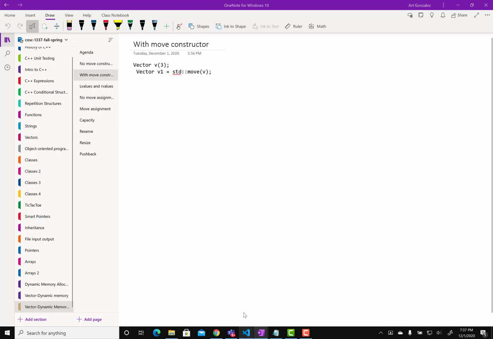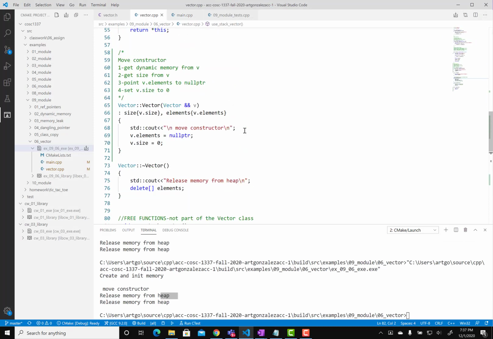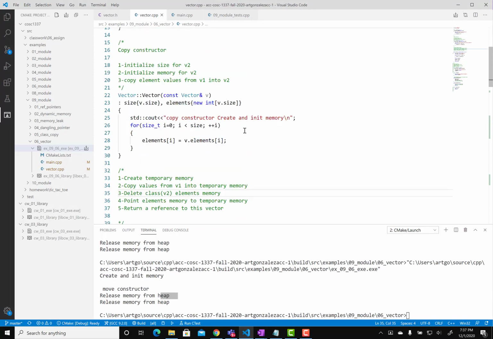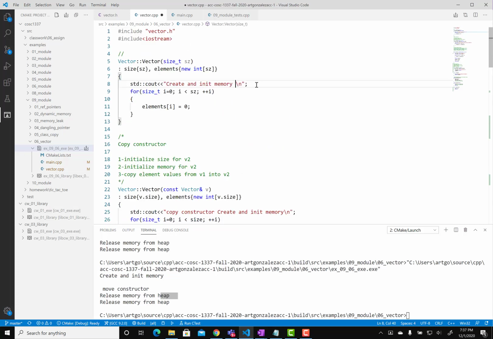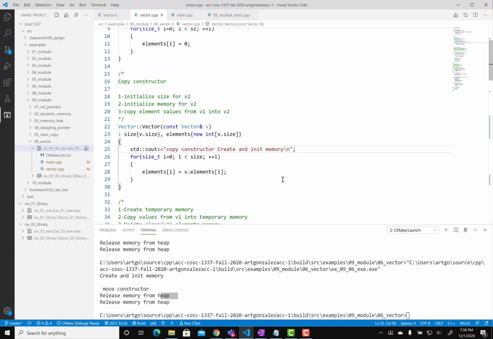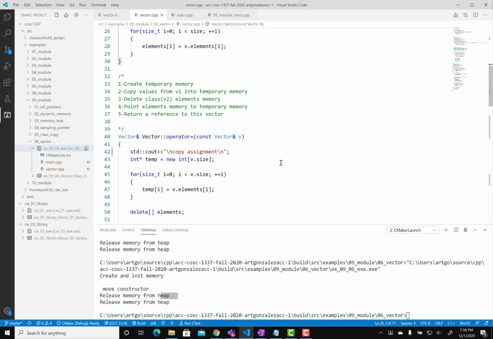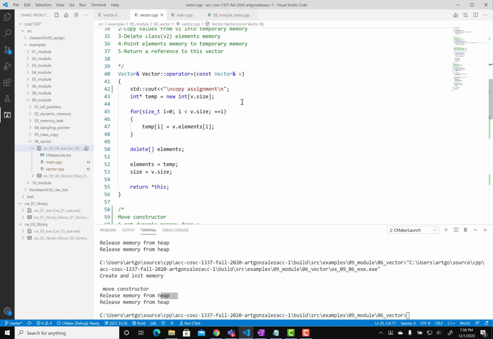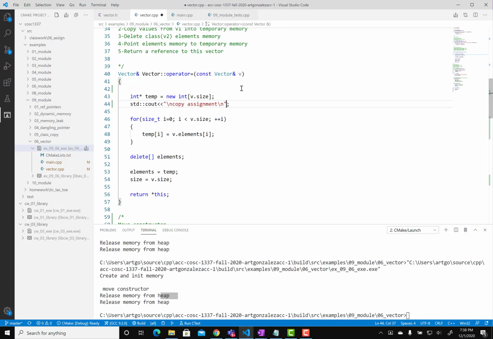So with move assignment, well, maybe let me do something real quick here. Let me add some out statements to display the memory. Create memory at elements. Remember, elements prints the address. And we do the same thing here. Create memory at elements. We have copy assignment. Here we say copy assignment from